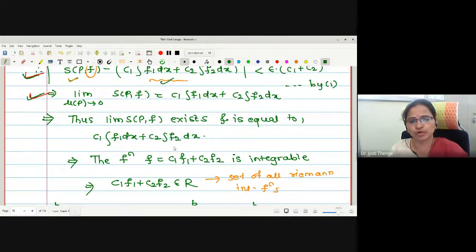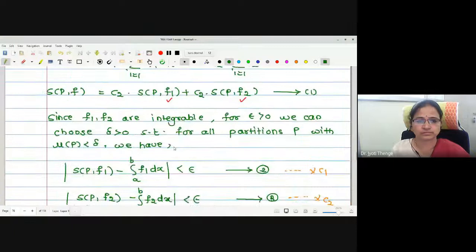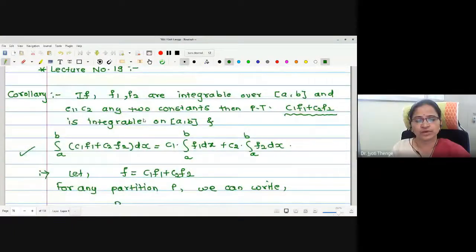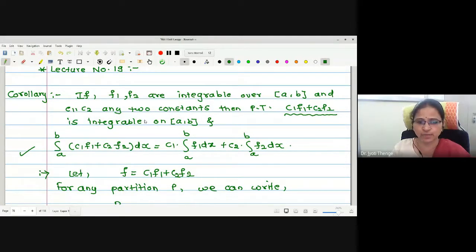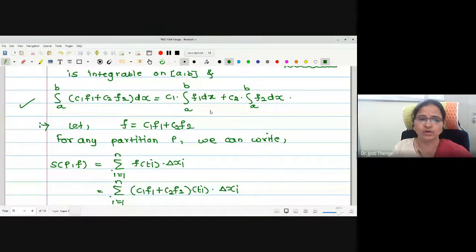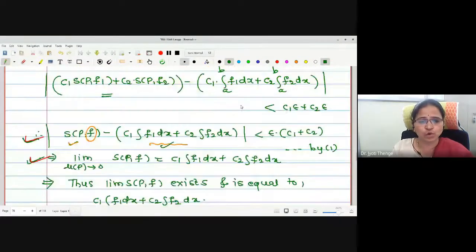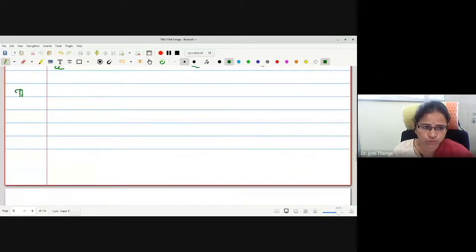Any difficulty with the proof? No, ma'am. Therefore, in the previous lecture we have shown that addition and subtraction of two integrable functions is integrable and the integrations are evaluated correspondingly. In today's lecture we have seen that linear combination of two integrable functions is integrable and the integration is evaluated with this formula. Okay. Let us go to one more theorem which is going to tell us the idea about the integration, which we have proved already. That is integration a to b is integration a to c plus c to b, right?